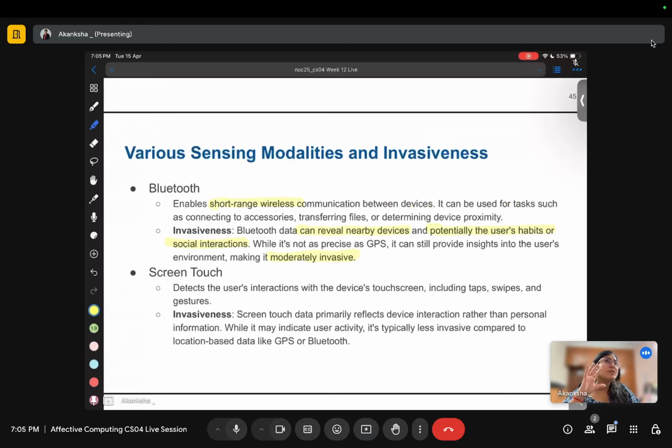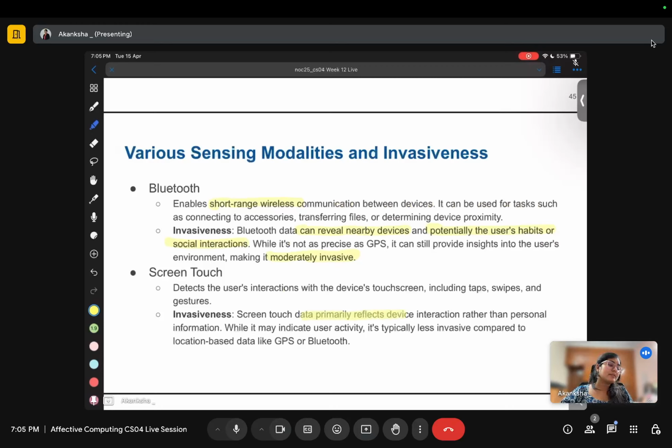Screen touch is not invasive in the sense that it can reveal some usage patterns. Let's say screen touch means I have a habit of using social media a lot of times, so throughout the day I'm just scrolling, or even let's say I'm a shopping addict, so I'm using Myntra the whole day, just scrolling every day. So these apps can sense that the person is actually scrolling through the shopping app the whole time. That means it's good to show related ads or so. Okay, so in this way they can find out some patterns.